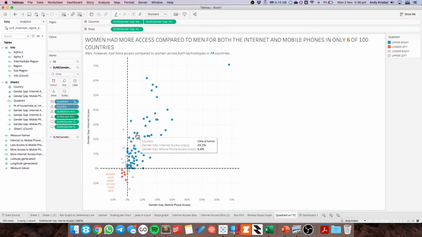And I should just be left with 2 metrics. So let me go into my tooltip and change this to say country. Maybe I'll make that like 12 point. Gender gap internet access. Gender gap mobile phone access. And let's